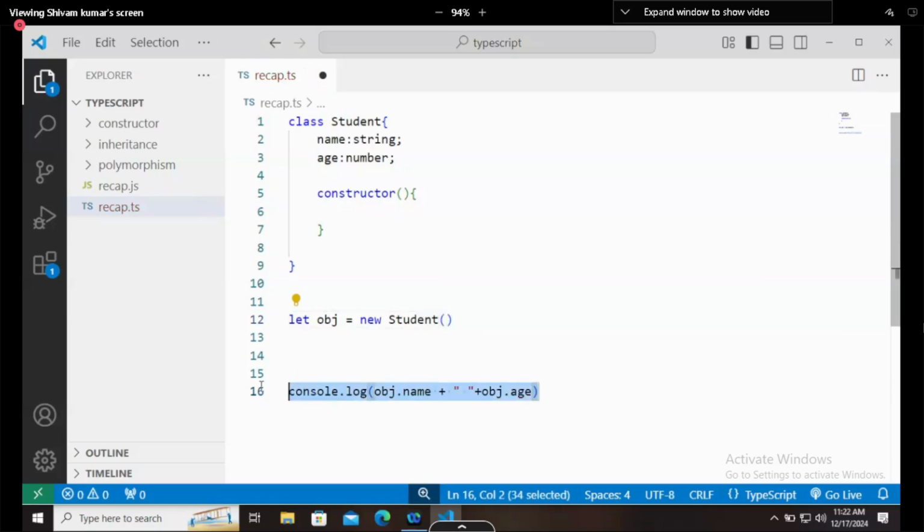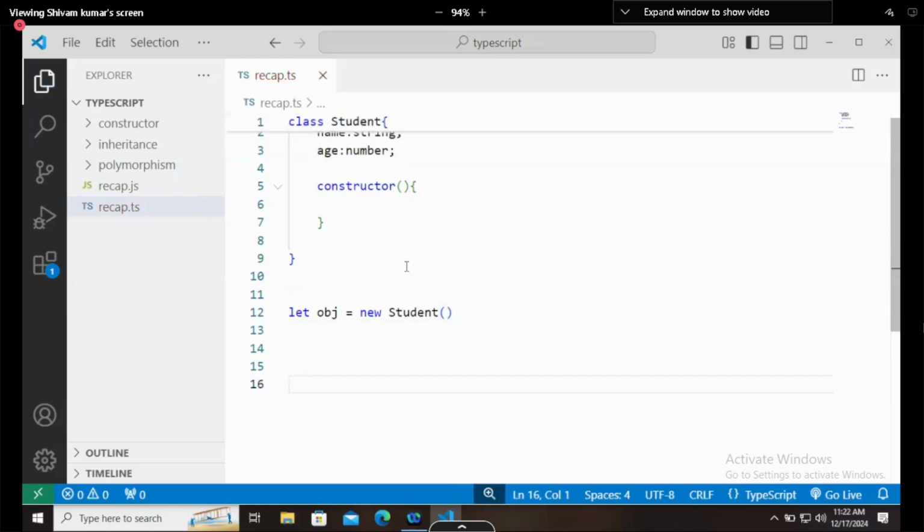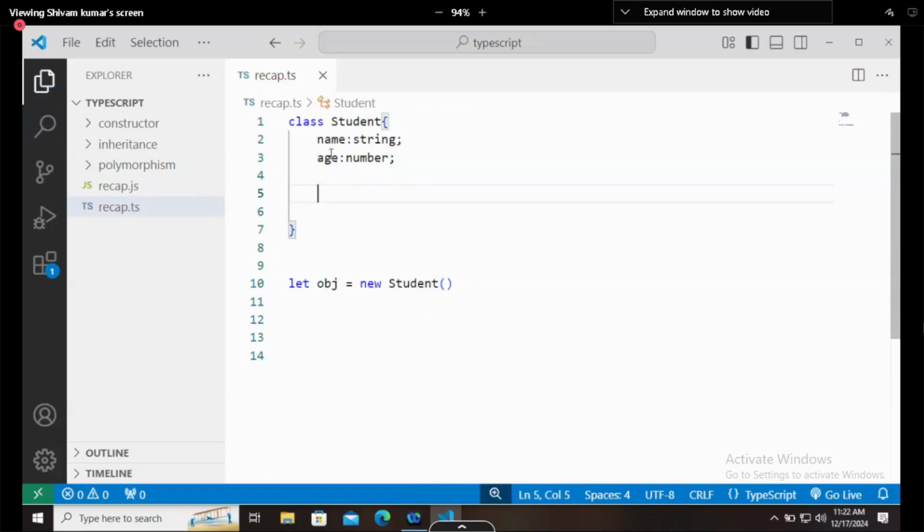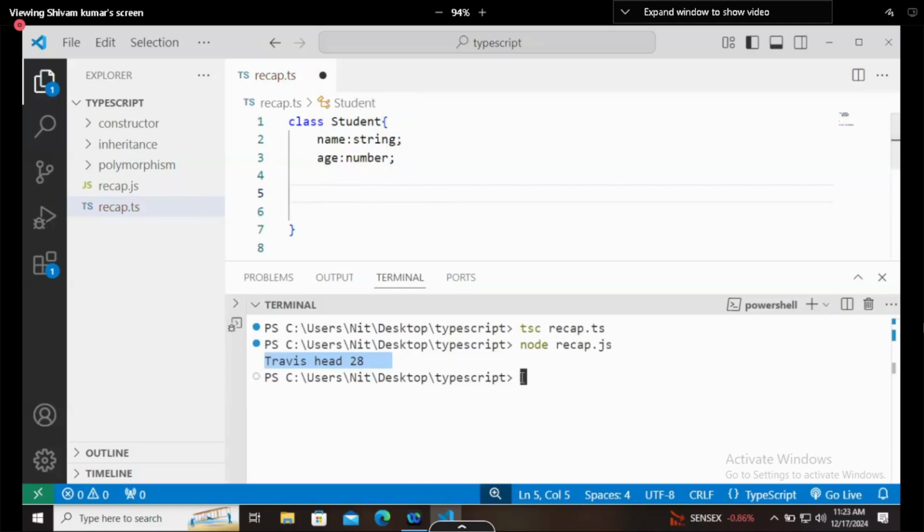If I say console.log, obviously you cannot do console.log directly in the class, so let me remove it. Now run the application: tsc recap.ts and then node recap.js. It is not printing anything.